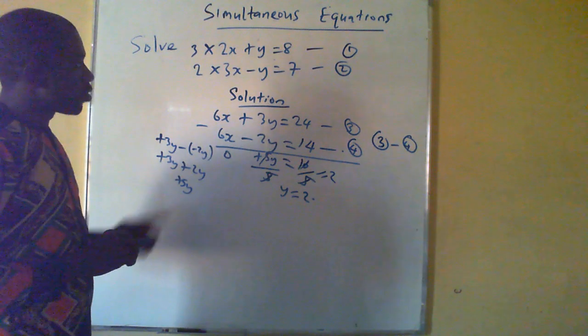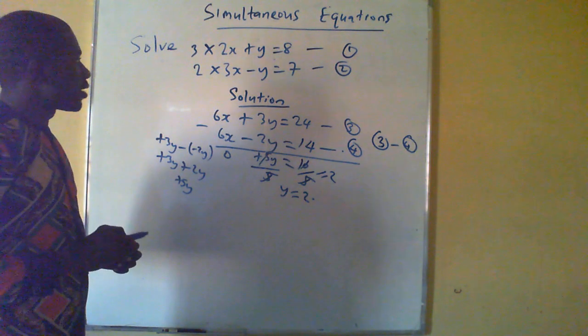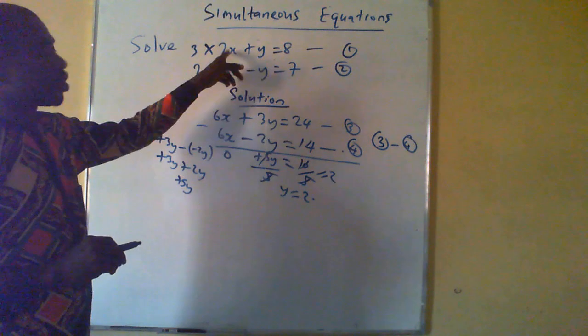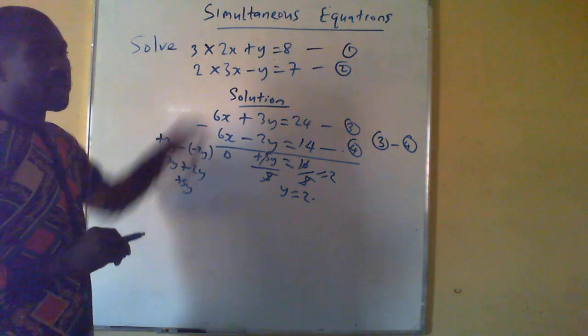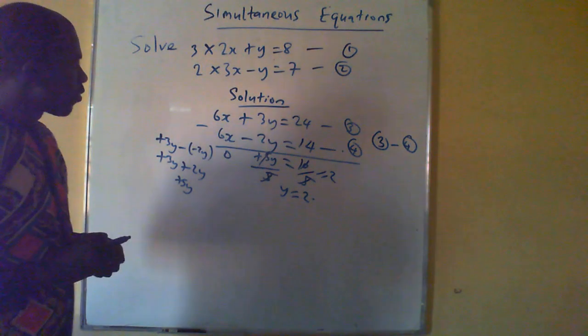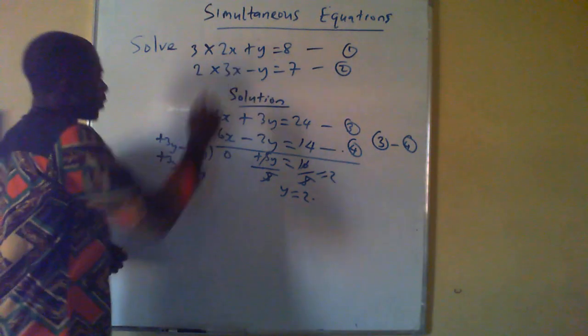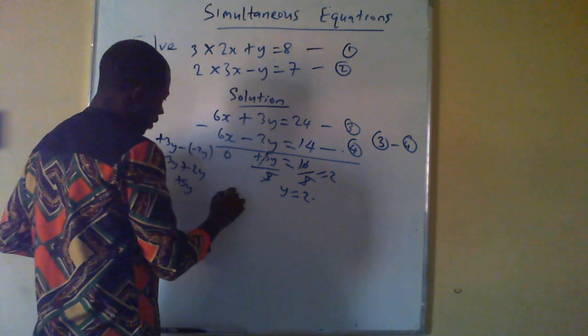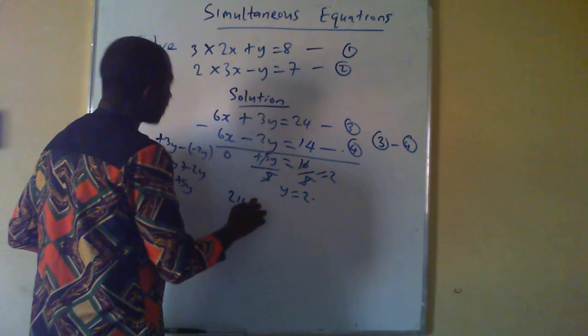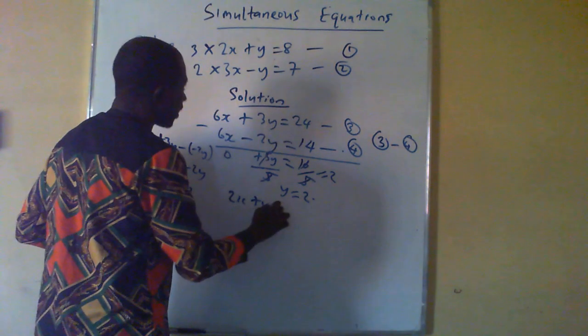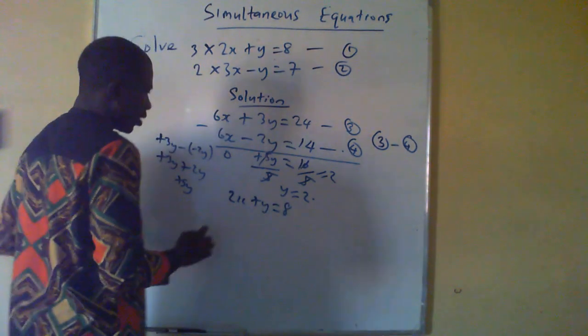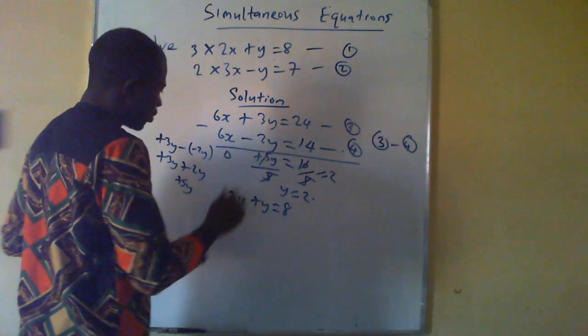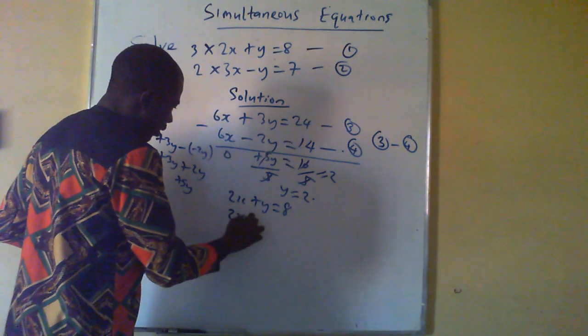Now the next thing for us to do is to get the value for x. We can pick equation 1 or equation 2, and we'll get the same answer. So let's pick equation 1. For equation 1, we have 2x plus y equals 8. So anywhere we see y, we'll put 2 there. So we have 2x plus